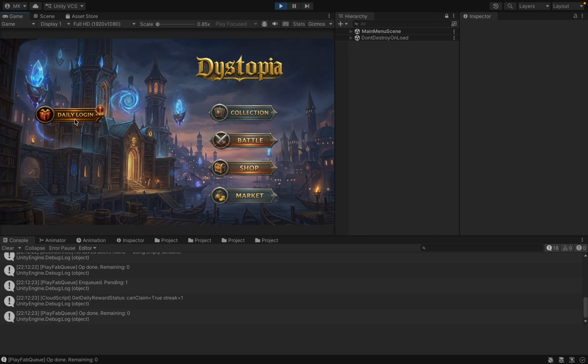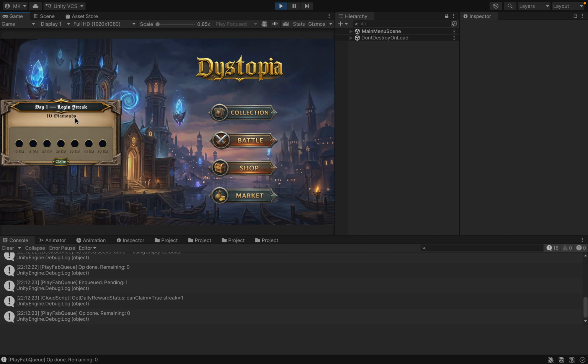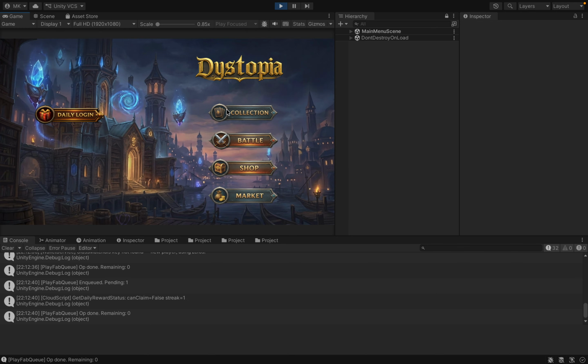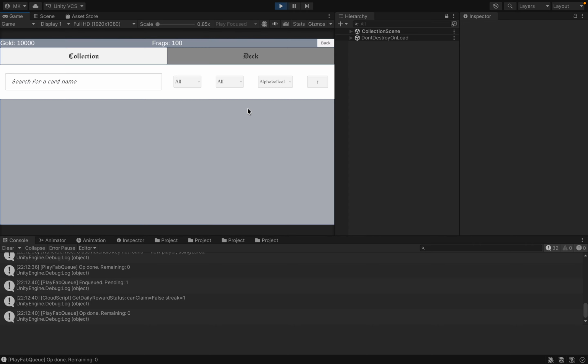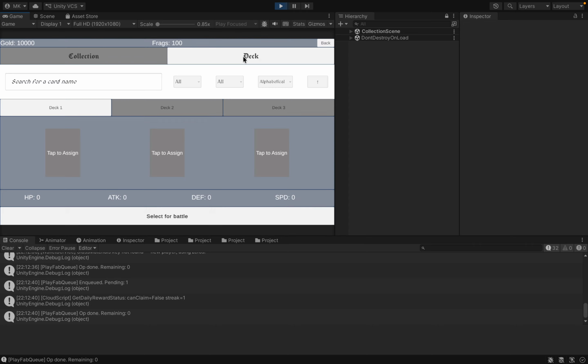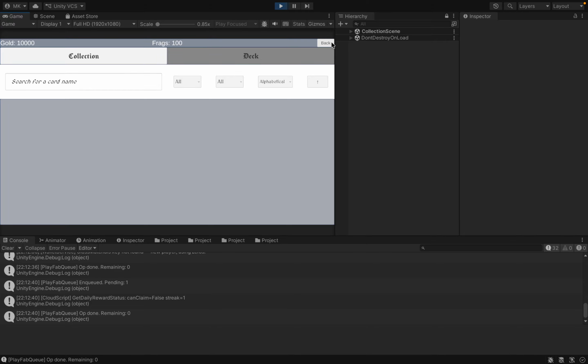So right off the get-go we have the daily login. So if I claim that, I get 10 diamonds. Okay, then I had to